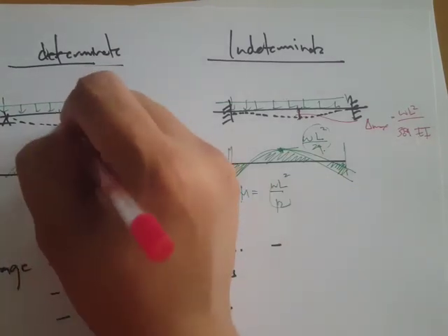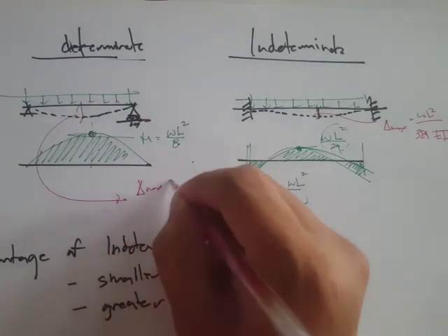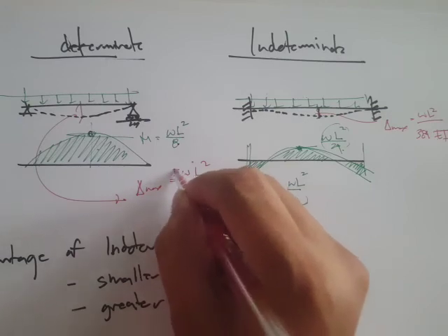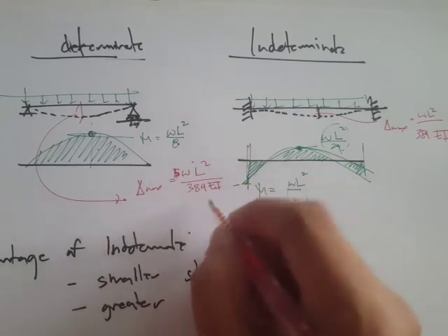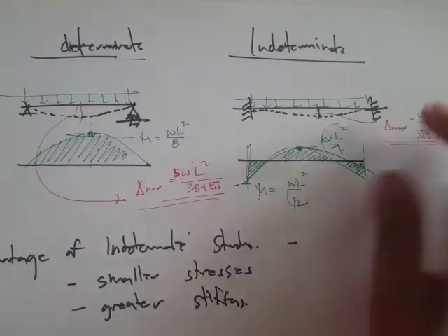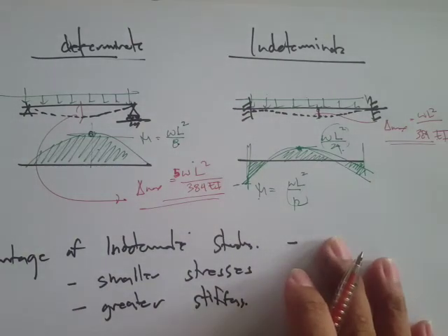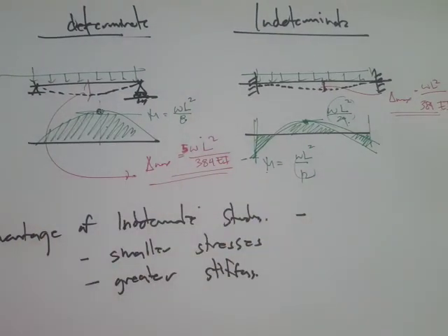Whereas here, the deflection is 5 times WL to the fourth over 384 EI. So we have greater stiffness for indeterminate structures, and we have smaller stresses. But the problem is, there are also